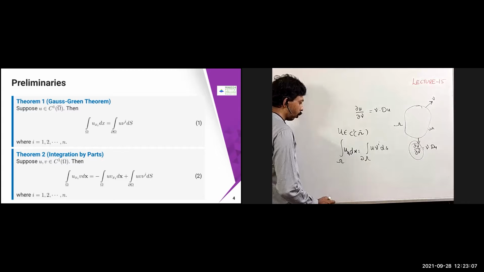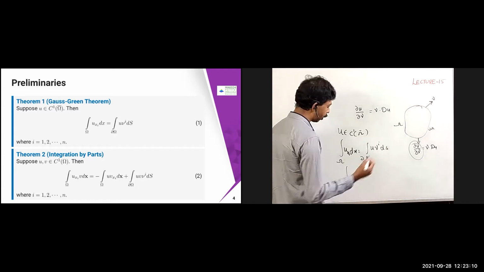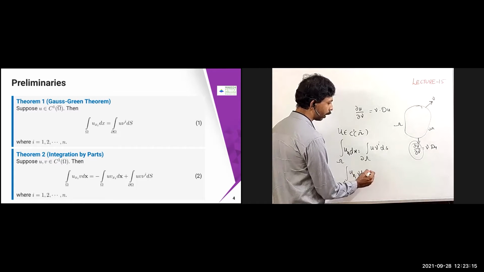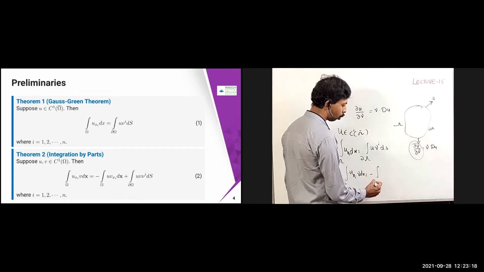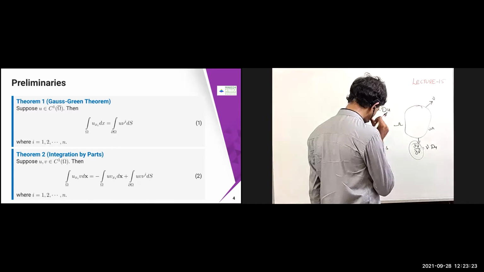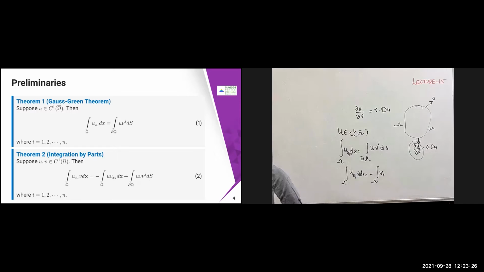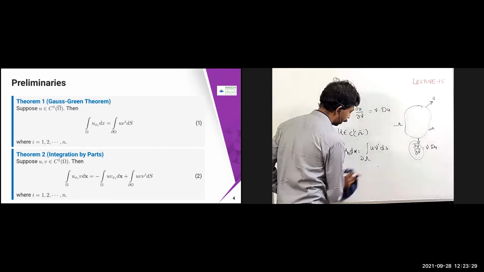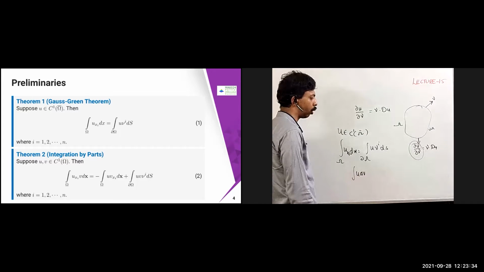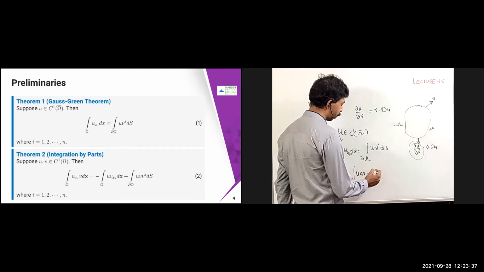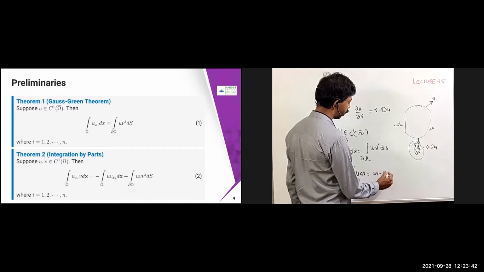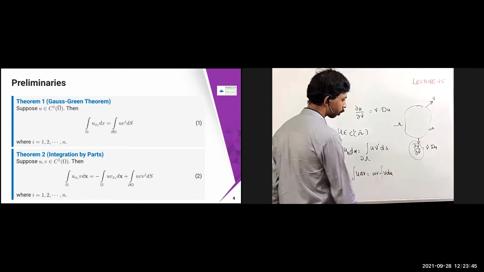You know the integration by parts for the one-dimensional case mostly, and you can extend it to the n-dimensional case. So the integral of u_xi v dx is going to be minus the integral over omega of u. Sorry, one second. You know this formula, I'll just explain it in the 1D case, then you can go for that. So you know this formula, u dv. How do you calculate u dv? u dv is nothing but uv minus v du. Correct?